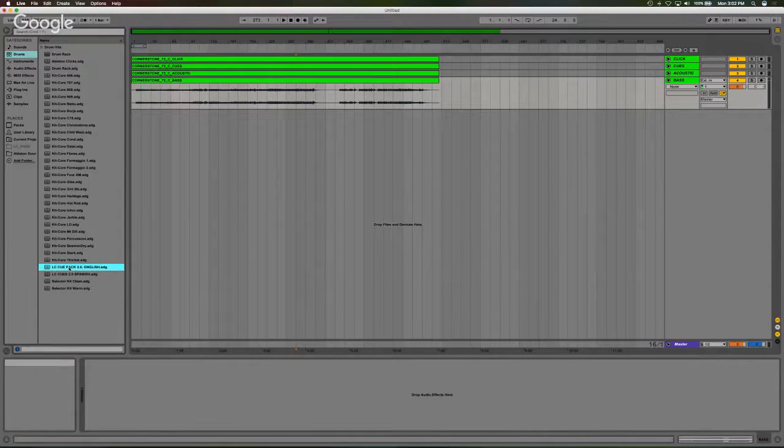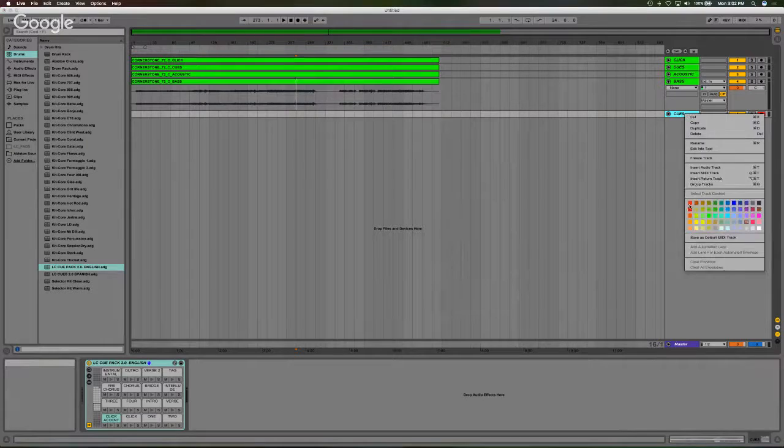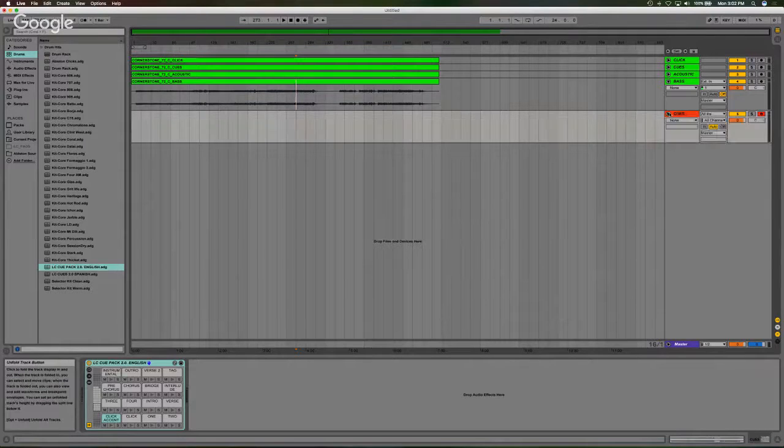What you would do is just drag it over into your session here in arrangement view and drop it, and it's going to create a new MIDI track. You can rename this whatever you want. I would probably rename it cues or something. And if you're anything like me, you have to have everything color coordinated so you know what's what. You can expand this a little bit, and then down here